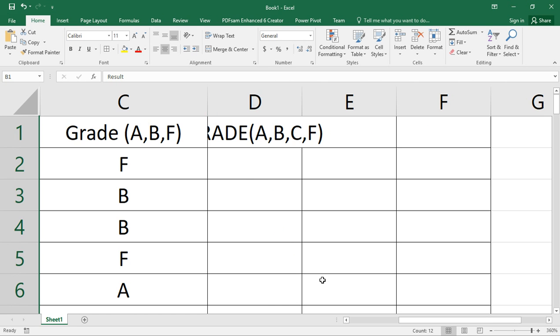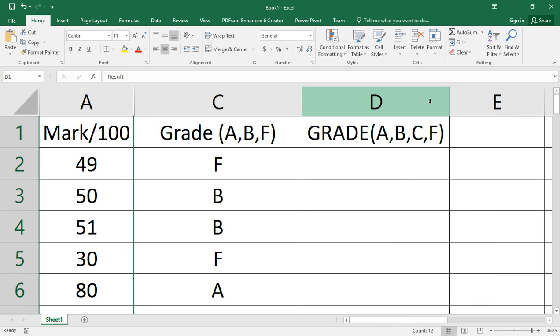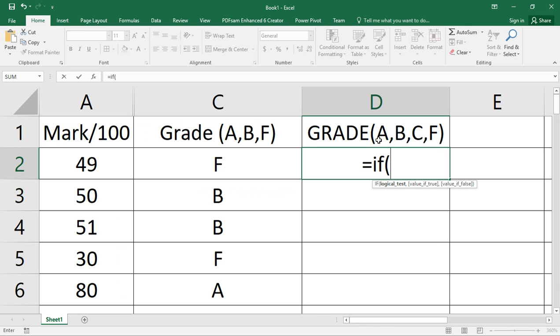I want us to see what's actually happening. We say equal to, right? What do we do next? We say equal to, we put the if function, then we put the logical test.